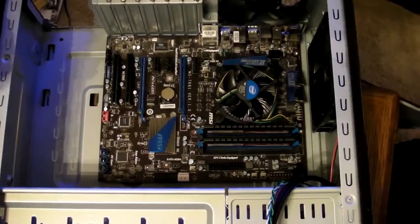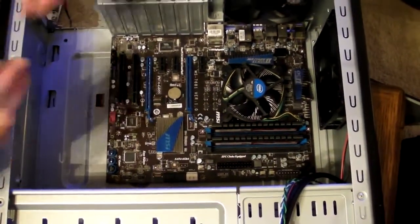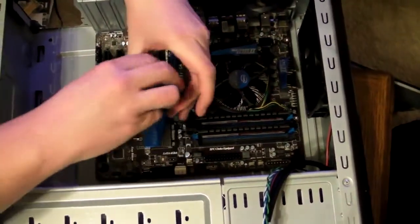And how much was the board again? It was like... The board itself was $160. Yeah, that's pretty cheap. Yeah, that's actually pretty good, especially for a...